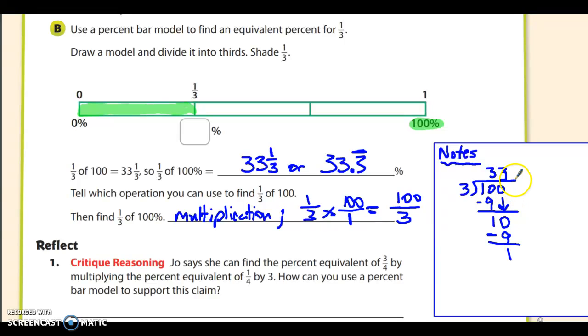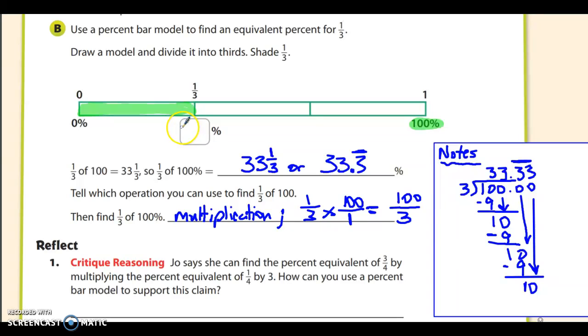If you want to do a decimal, we just go like this and annex a 0. 3 goes into 10 3 times. And you see it's just going to go on forever, no matter how many zeros you add. 3 goes into 10 3 times. So what we do is we put a line above that 3. And our answer is